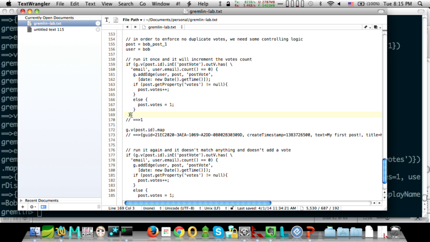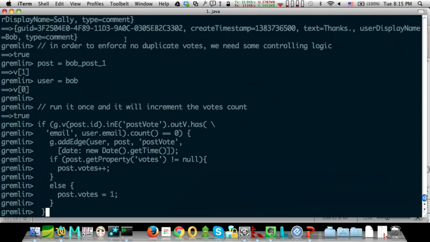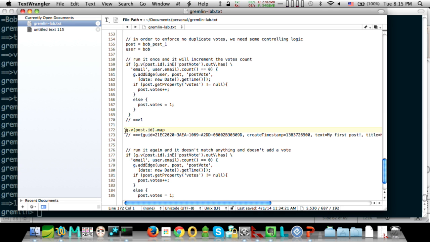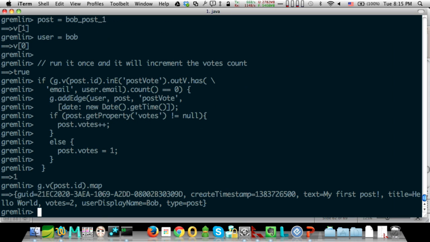So we can see here, if I run this, okay, that one is just an indicator that it went ahead and made that change. Let's grab that output. There we go. My first post, number of votes is 2.